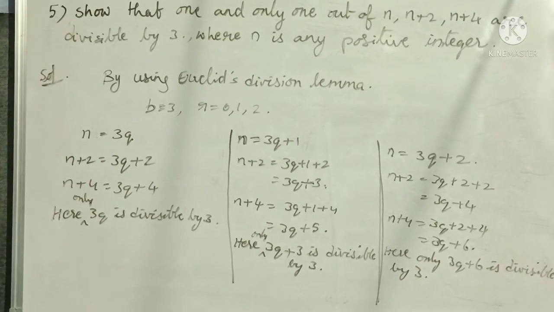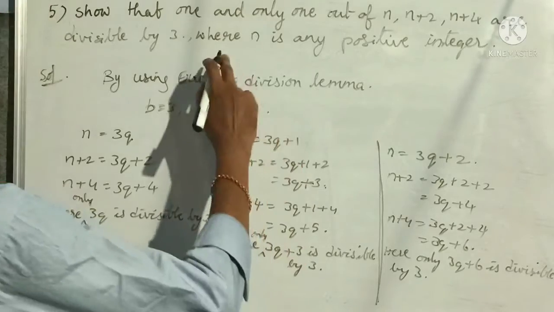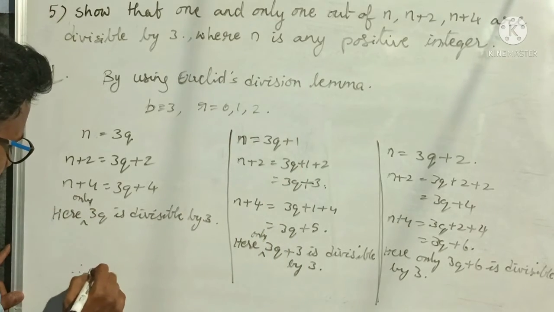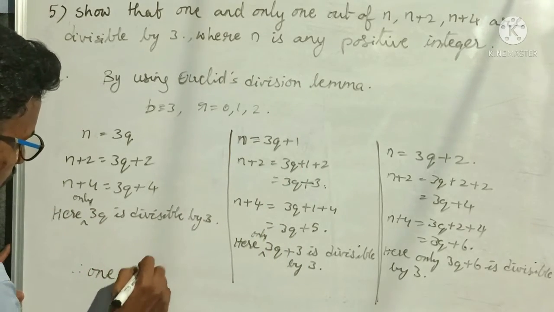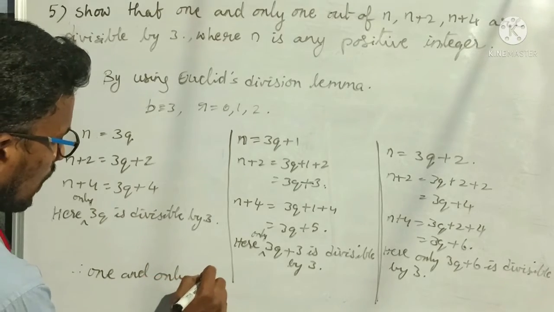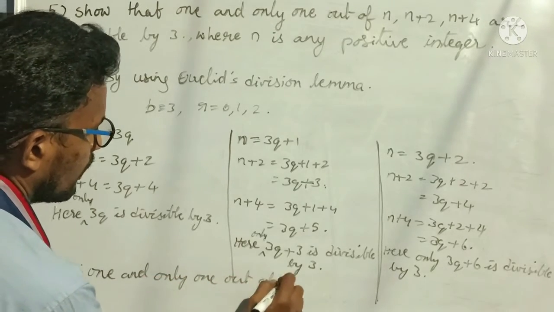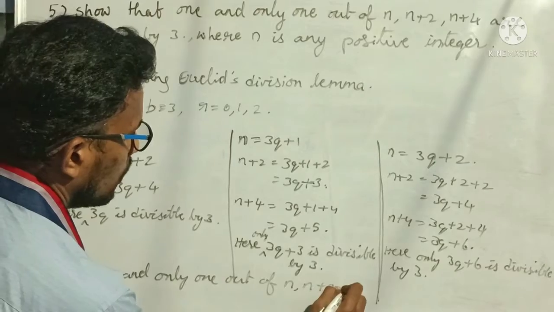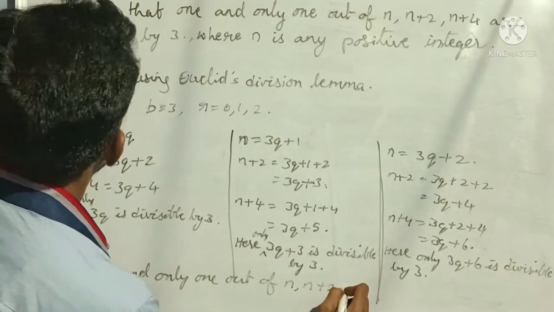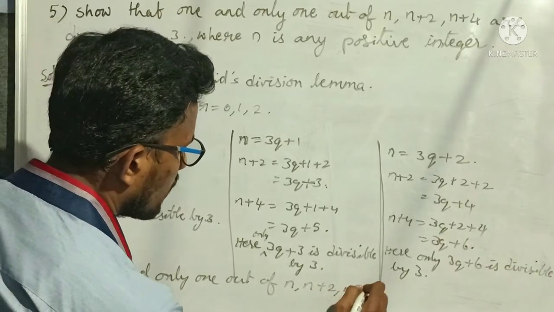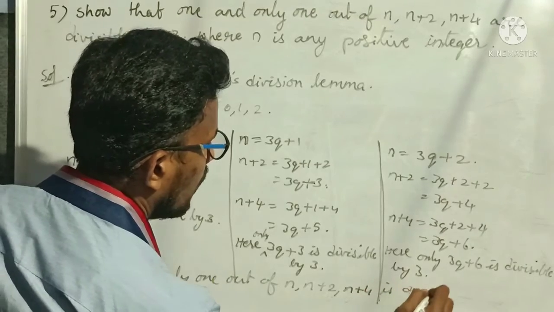Therefore, only one out of n plus 2, n plus 4 is divisible